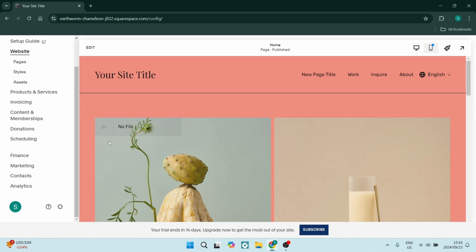Adding the cookie banner to your Squarespace website has actually never been easier. Today I'm going to show you the quickest way in getting it done. So let's dive in. So if you find yourself right over here on this page where you can go ahead